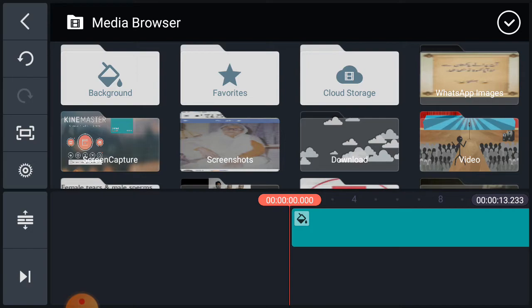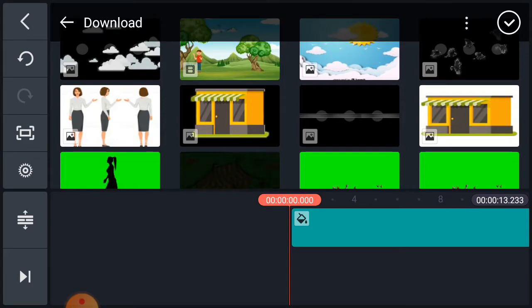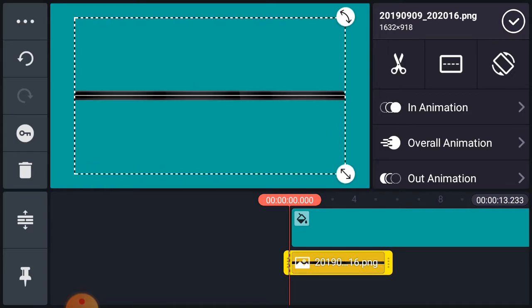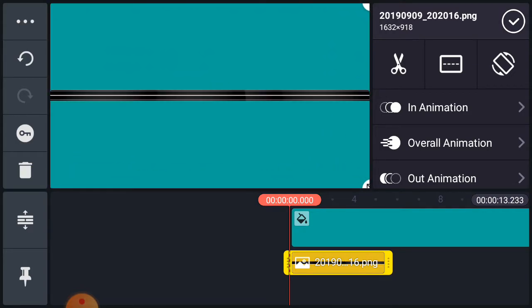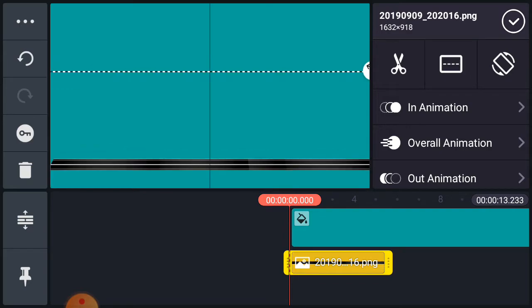I will give you this link in the description and you can download from there. The first image I am taking from my download option. I will select this bar where the lady will move. I drag this, make it full screen, and then I will bring it down like this.